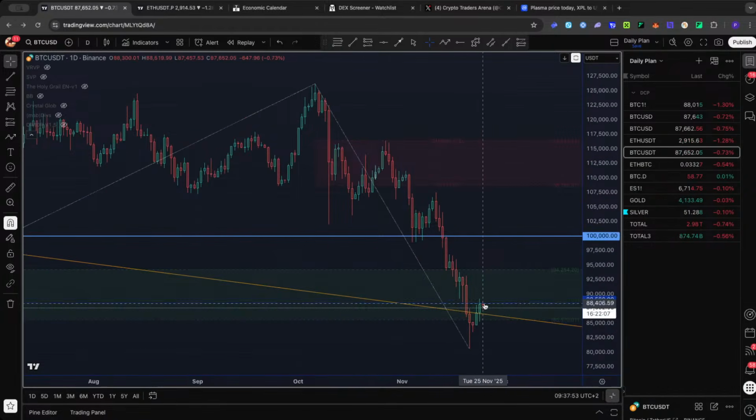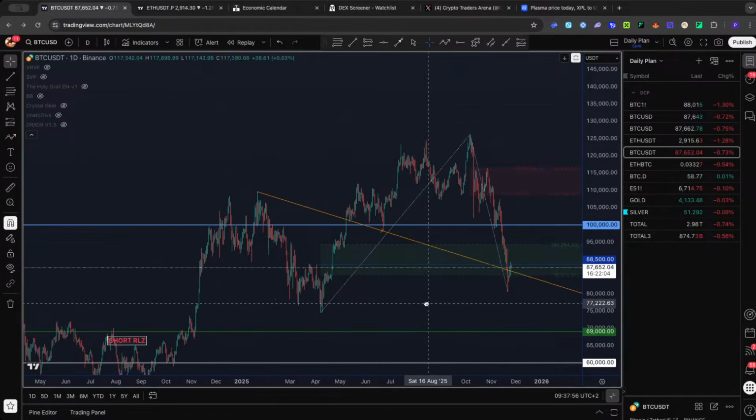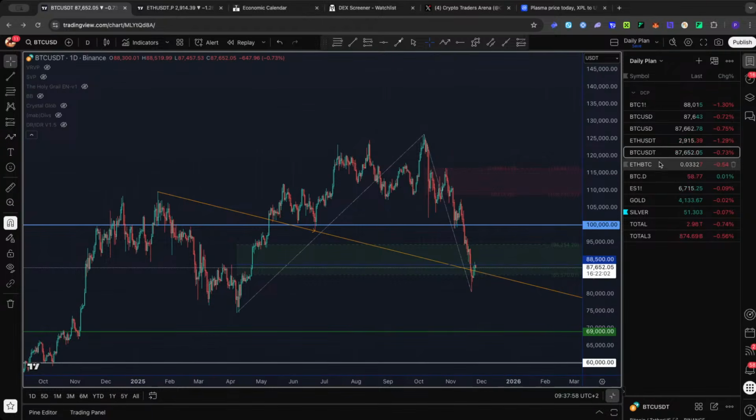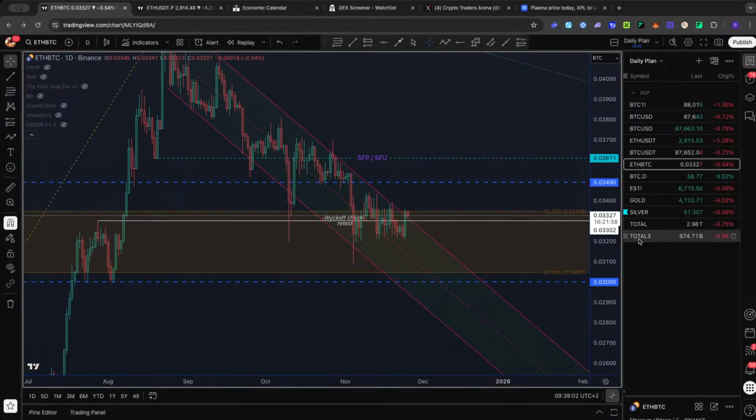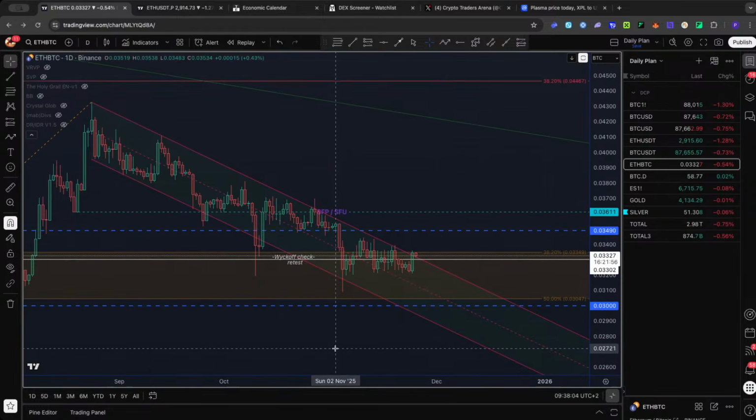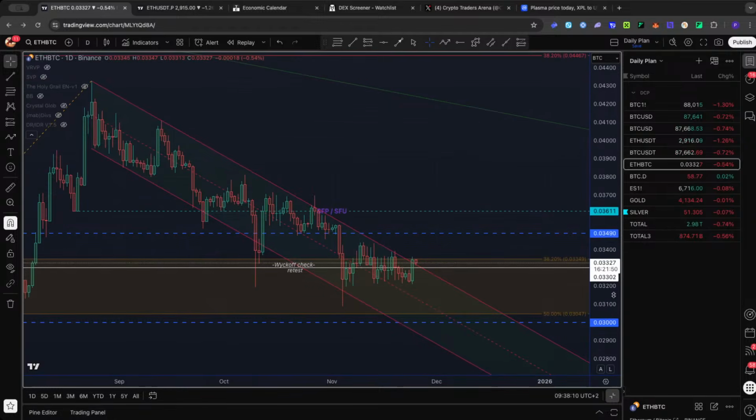Bitcoin, the other template, well, it's similar. You saw this one too many times. Ethereum versus Bitcoin on daily, we are in the same channel. We are trying to do a breakout to exit this one. I still don't see a daily W here. No daily W, not too much outperforming from Ethereum. At some point in time, we'll form that W and we'll push higher, but it will probably take more time.